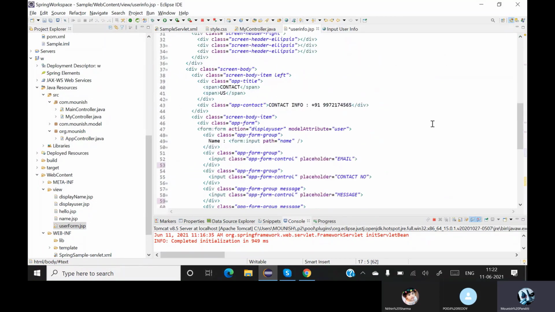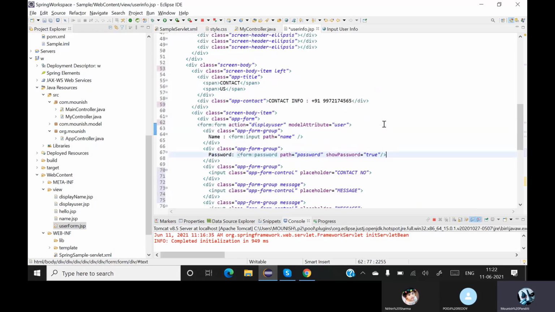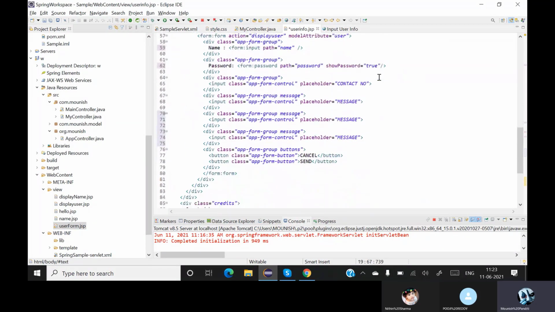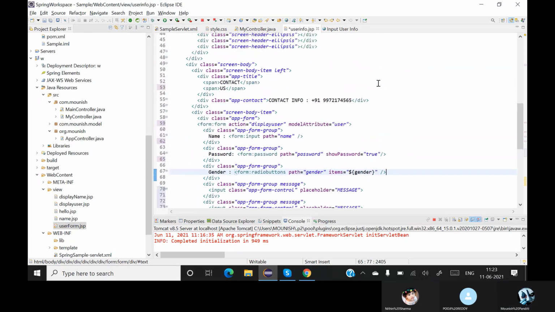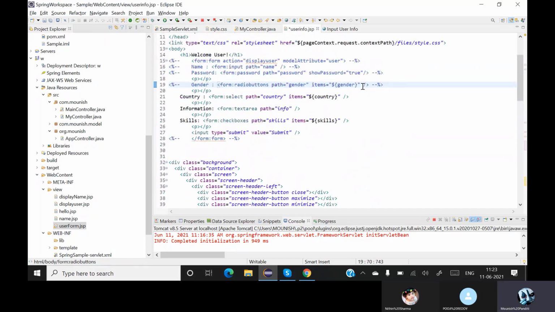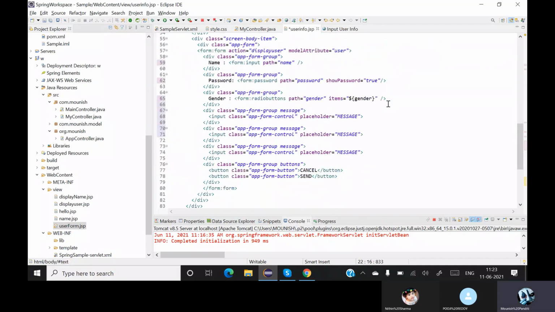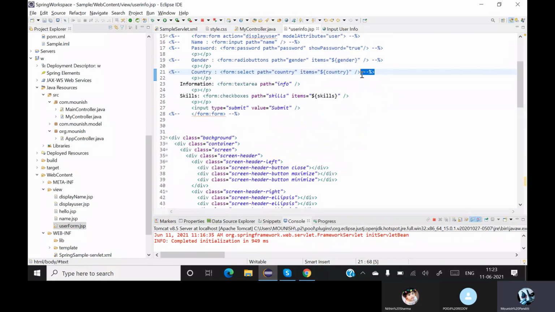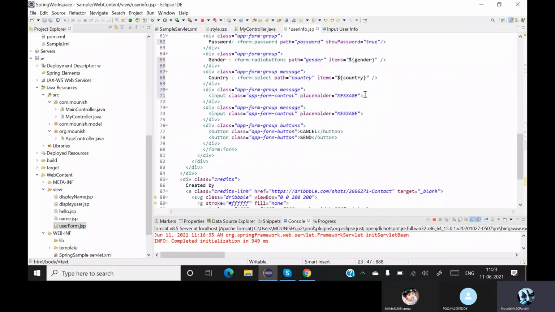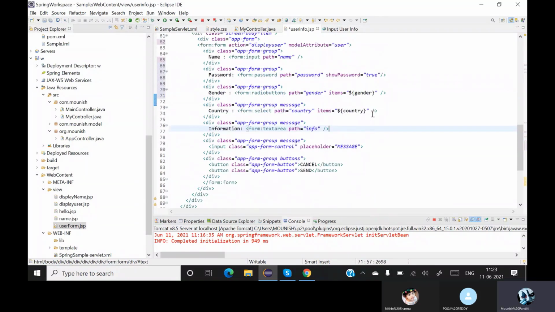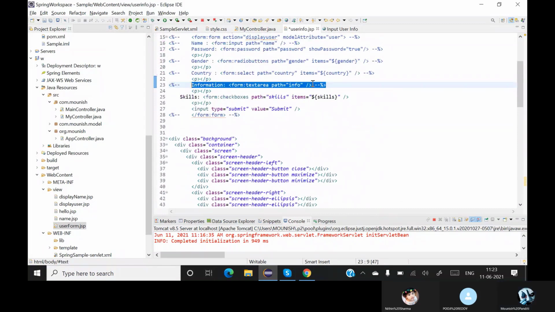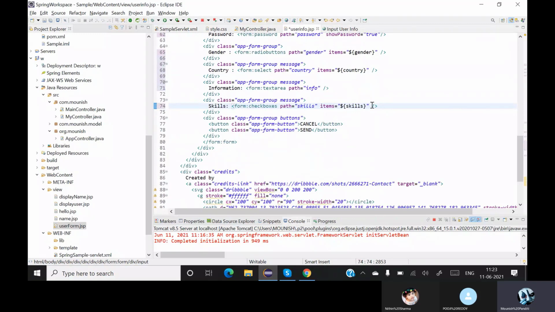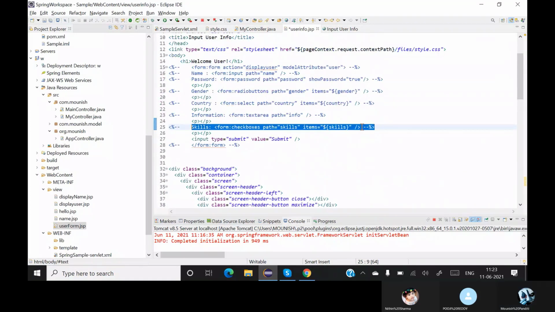Control Home, Control C, Control Home, Control V. I am commenting one after the other so that I just don't get confused. So all the commenting is done.